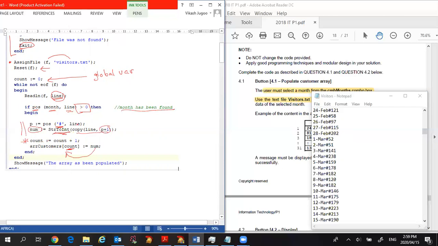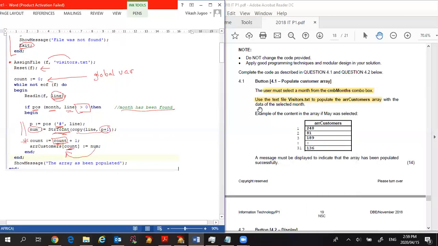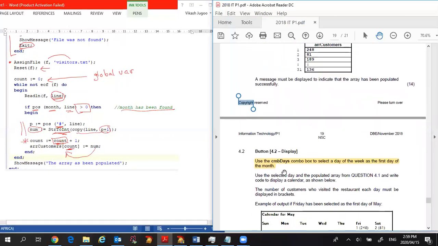And at the end of that loop, you would find that all the values for that month, the numbers, have been entered in the array, ARR customers. And count tells you how many values were entered. And this variable count, you will see, is being used in 4.2. So if we look at 4.2,